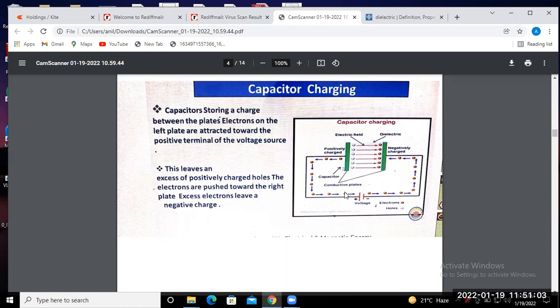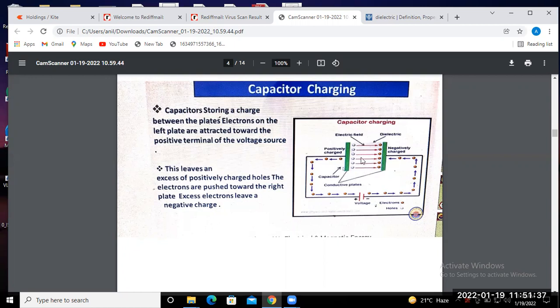So positively charged ions are stored on this plate, and negative charge is stored on this plate. The capacitor stores charge between two plates, and these two are connected in parallel. So positive charge is stored here. That means the movement of the hole from this side to this side, and movement of electrons from this side